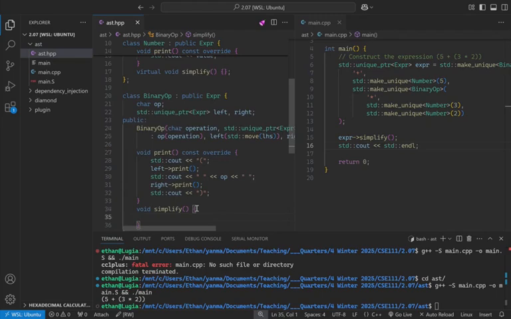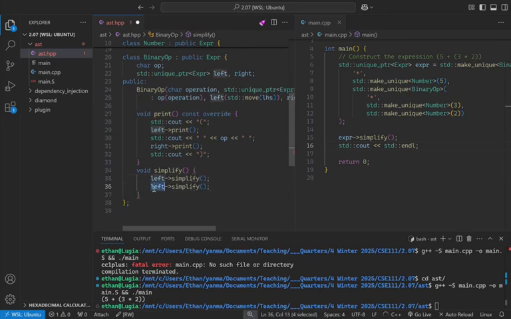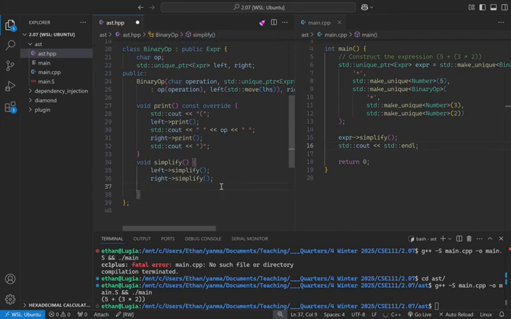Right, okay, yeah, I like that. So maybe first we simplify the left-hand side and then we simplify the right-hand side. So left simplify, and then right simplify. Okay, I really like that. And then after that, we perform the computation in some way. For now we can just pretend we only have additions. So we could say,